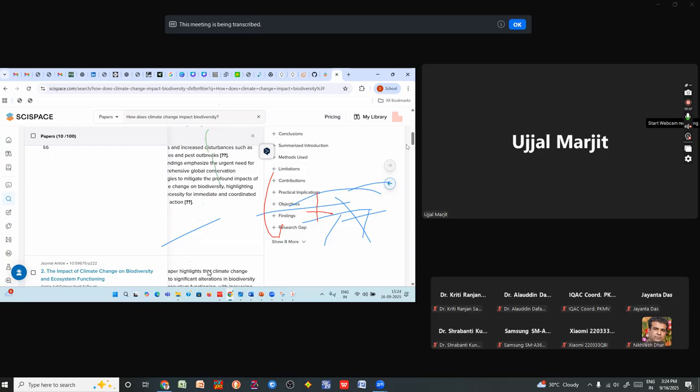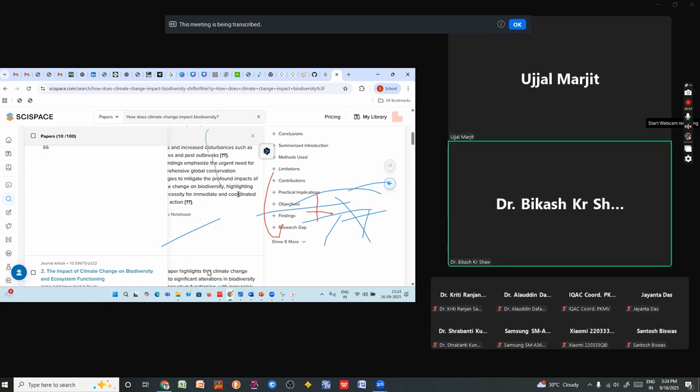Most of the time, we generally use the narrative review, which provides a broad summary of existing knowledge on a topic without a strict method. That is the narrative review. So using these tools, you can provide a summary of existing knowledge. Most of the researchers nowadays perform such type of, that is the traditional